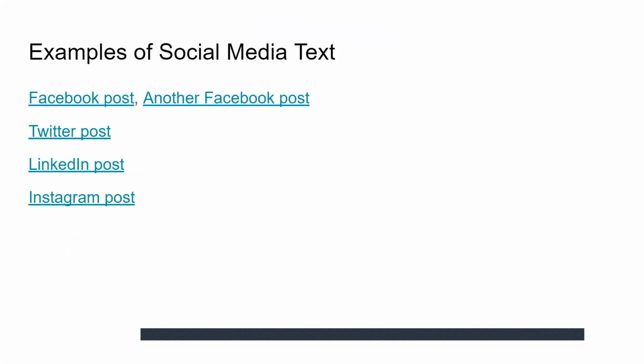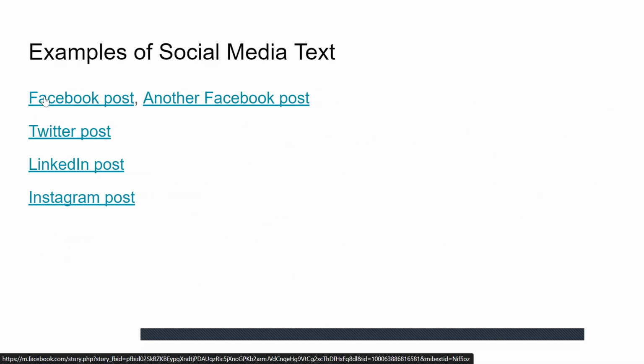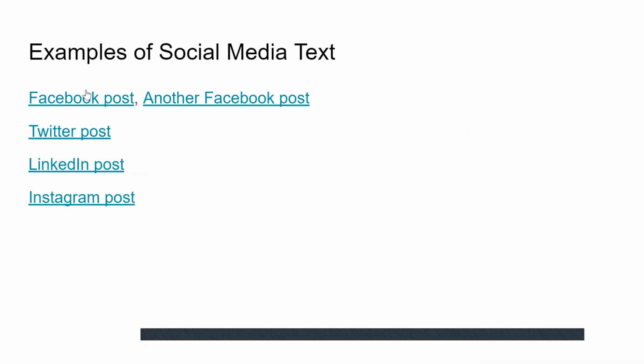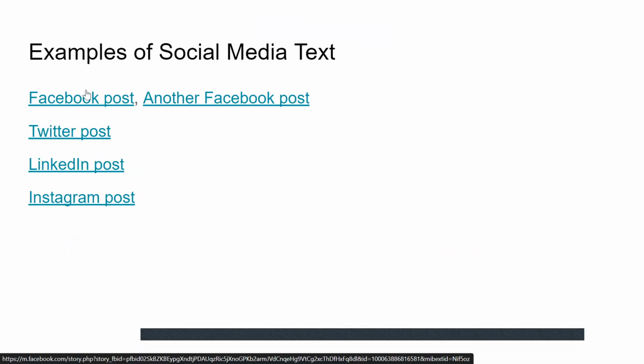So I've highlighted four different examples for four different platforms. Well, five examples for four platforms: Facebook, Twitter, LinkedIn, and Instagram. And of course, all of them are related to insight so that you can understand that we don't just preach, we actually do what we preach. Now, this is a Facebook post